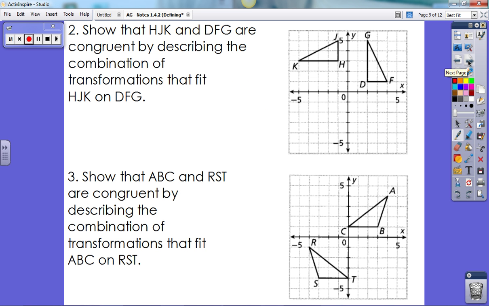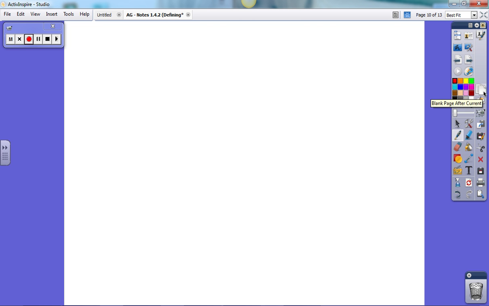All right, again, we're going to show that they are congruent by describing the combination of transformations that fit H, J, K onto D, F, G. So notice this one, it looks as though we're going to need to use a rotation. So just as a reminder, let's talk about those